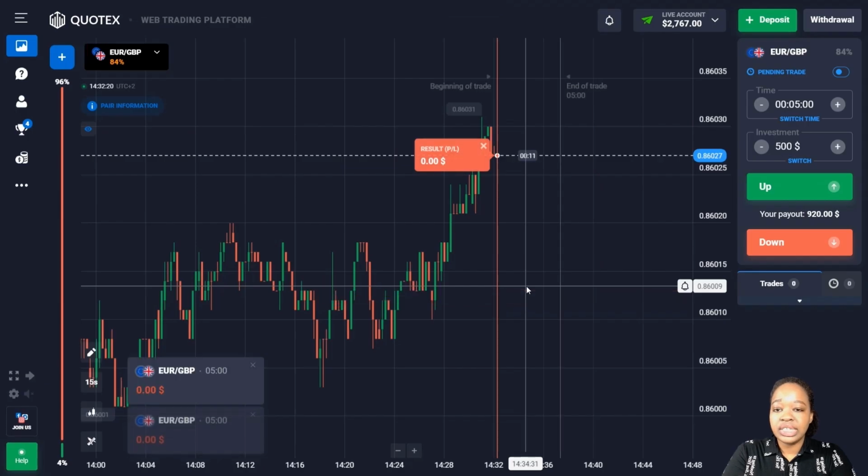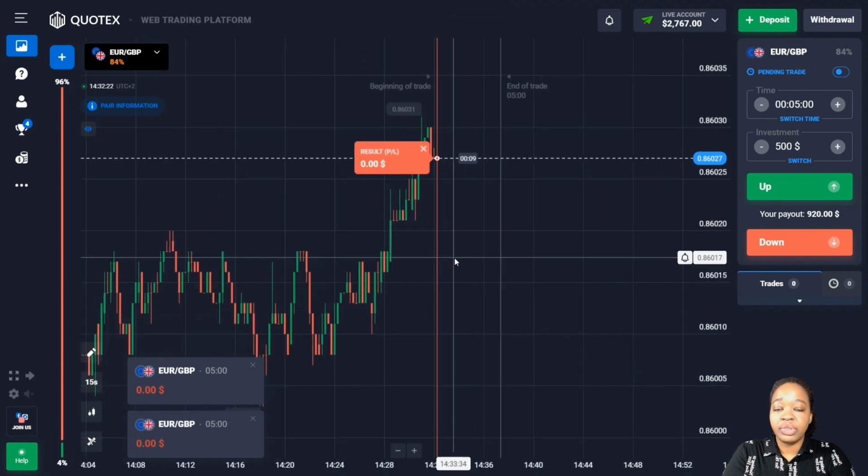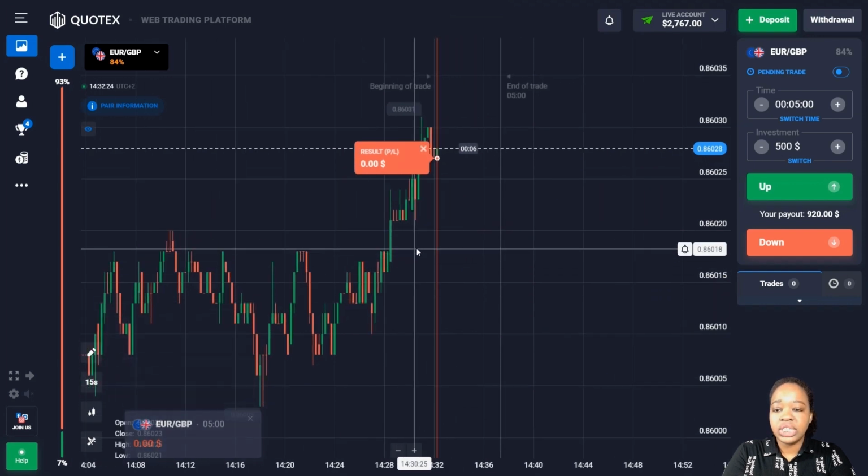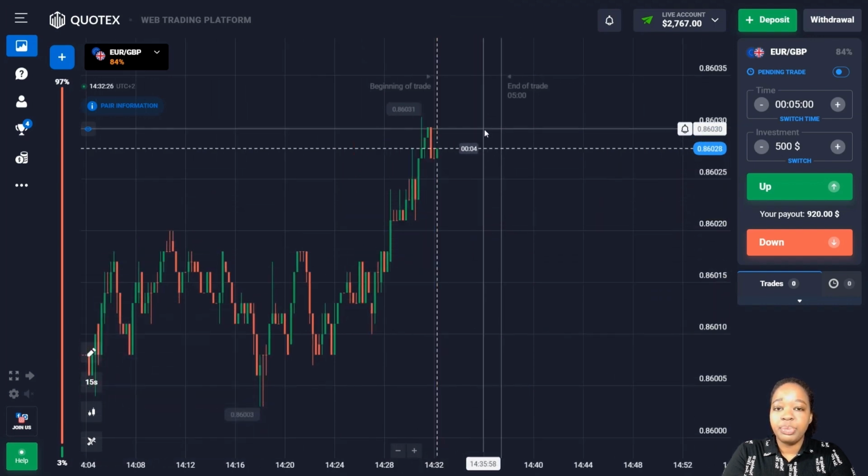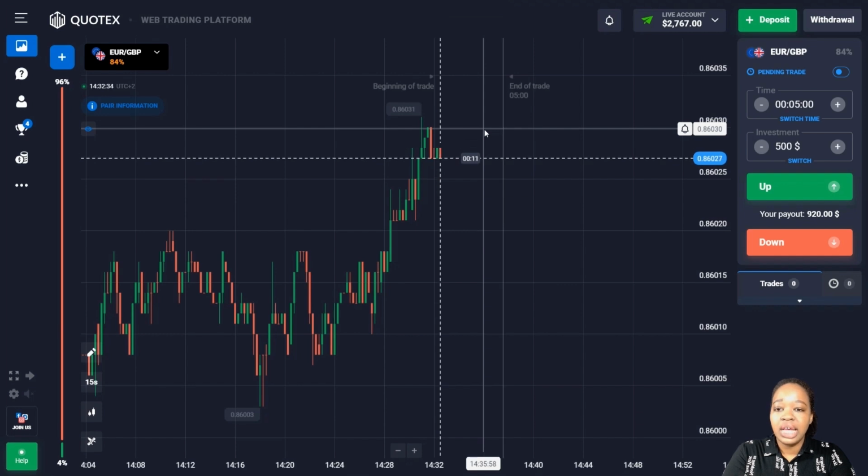So friends, as you can see, unfortunately the price has left the price range. The level of resistance has been broken through and the price has gone higher. Here I got a minus. You can see the signal here was a minus, but I'm going to get over it because sometimes it happens. I still have money on my deposit, so I'm going to continue and make another bot request for